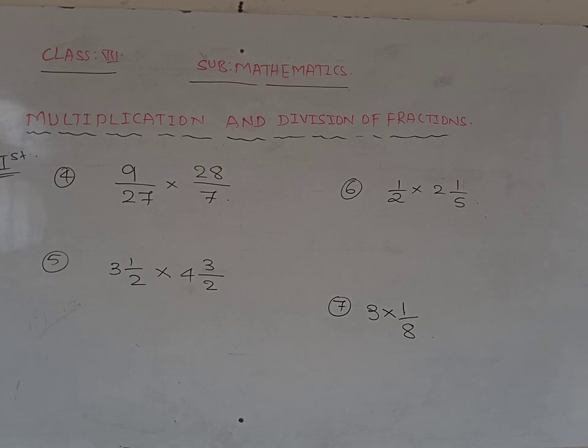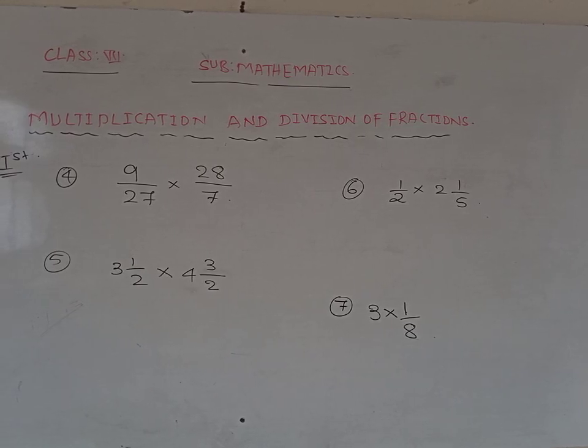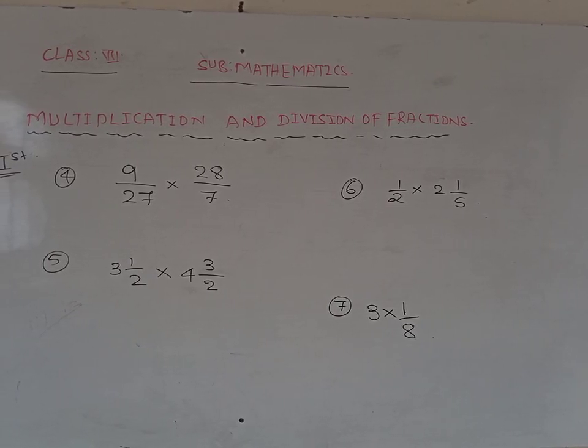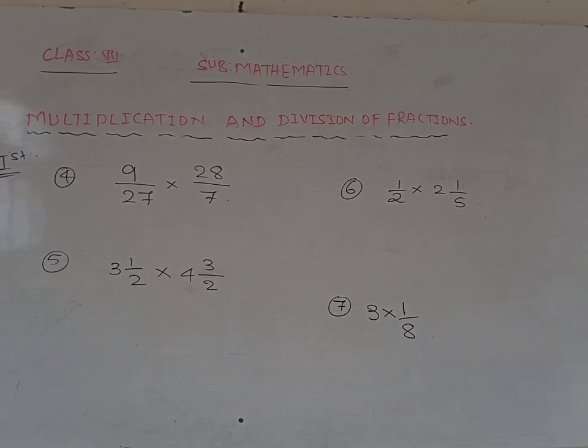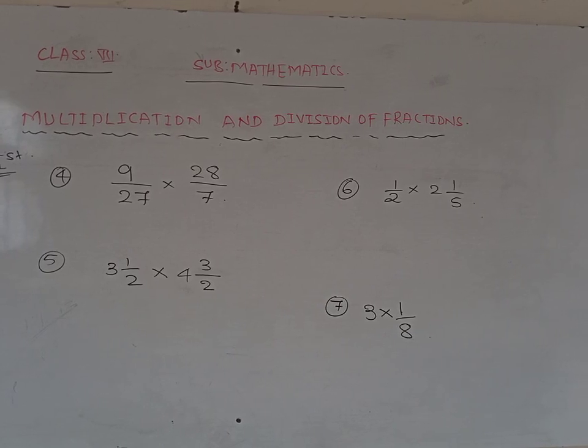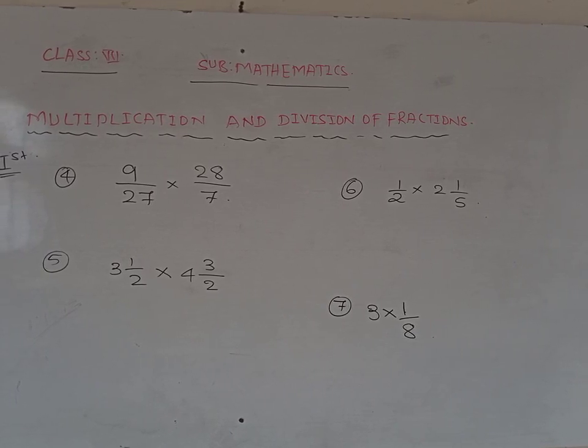Shraddha, please hold your book properly. Yes, madam. First one, what's your answer? 9 1s are 9, 9 3s are 27, 7 1s are 7, 7 4s are 28. So 4 by 3 is the answer. Exactly correct, madam. The next one: 2 3s are 6, 6 plus 1, 7 by 2. 4 2s are 8, 8 plus 3, 11 by 2. 7 11s are 77, divided by 2 into 2, 4. Very good, girl. Please do the 6th and 7th one.